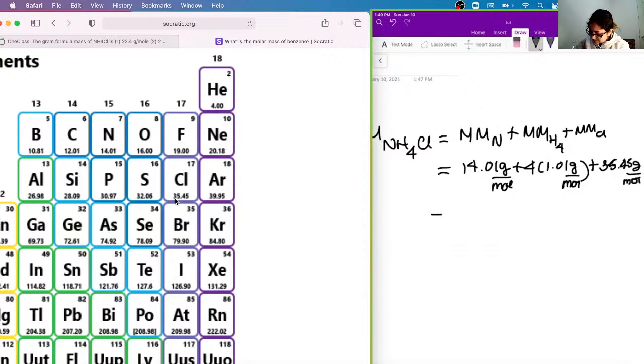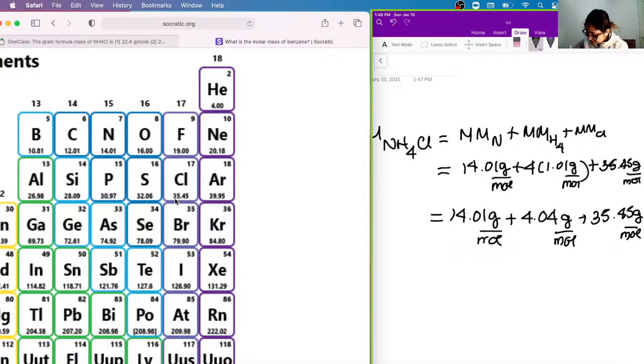Okay. And so we have 14.01 plus 4.04 grams per mole plus 35.45 grams per mole. Okay, and so the last step would be to add these 3 together, and what you would have is 53.5 grams per mole. And so your molar mass of ammonium chloride is